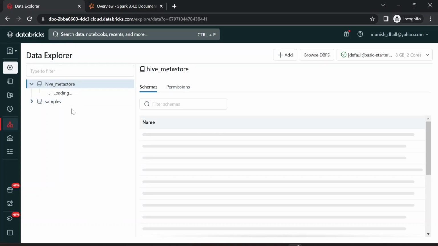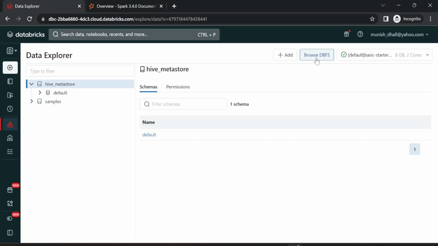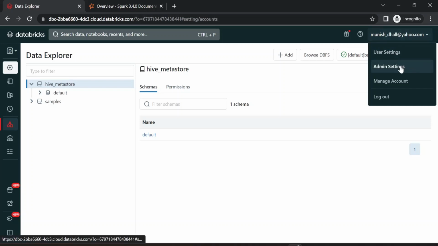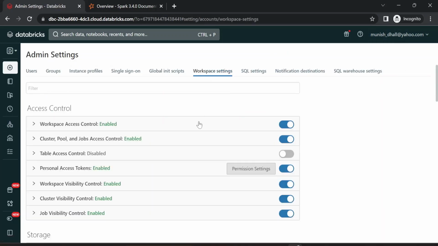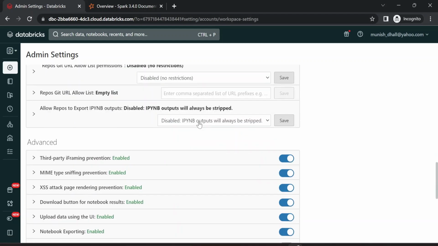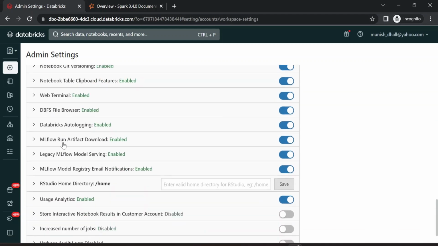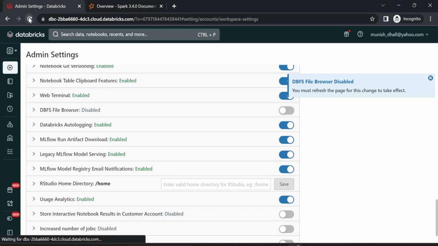Now, for some guys who have started this lesson straight away without going to the previous one, if you can't see this Browse DBFS on your layout, then please come over here, go to admin settings, workspace settings, advanced, and DBFS file browser. That by default is disabled, but you have to enable it. So if I disable it, if I refresh it,